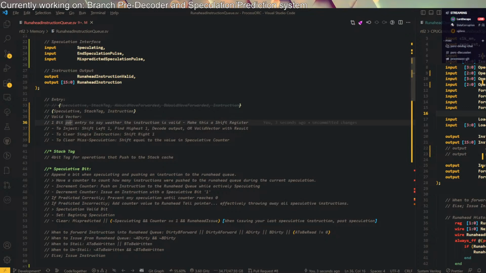I'm gonna have a valid vector that has a 1-bit entry, and to make the logic simpler, you can just clear to 0, but then I'm gonna have a find-the-highest-one circuit. So I'm gonna shift left by 1, find the highest one, and that'll tell me the next open location. Then I'll decode the output of that and OR it with the vector, and that'll mark that next highest location as a 1, and it'll write back. And when you're clearing a single instruction,